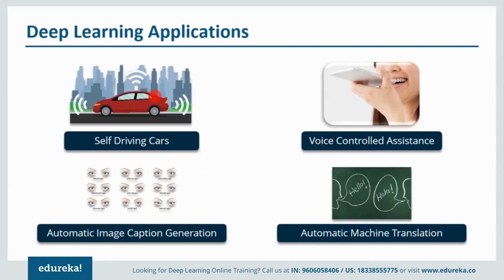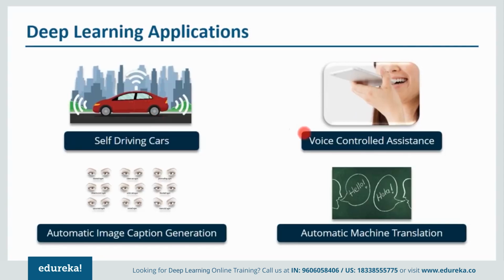So here are a few applications of deep learning. It can be used in self-driving cars. So you must have heard about self-driving cars. They capture the images around them, process that huge amount of data, and then decide what action to take. Should it turn left, right, should it stop? So accordingly, it'll decide what action to take. And that will reduce the amount of accidents that happen every year.